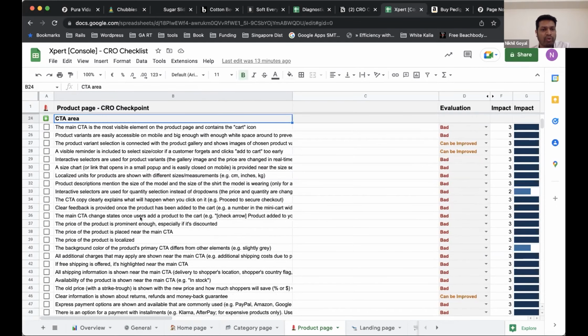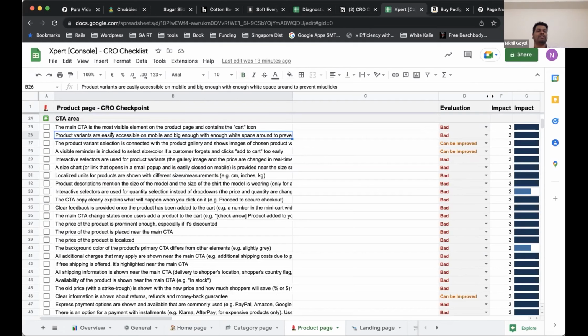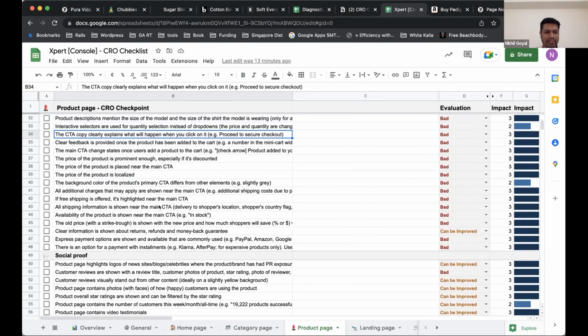CTA, most of the points on these are very hygiene points. Cart ko cart bolna hai, add to cart hi bolna hai. Because if you call your add to cart some other button, something else that you feel goes with your brand, but the customer doesn't understand it, they are used to add to cart, so just go with that flow. There are so many points in there. If you have any questions on this product page